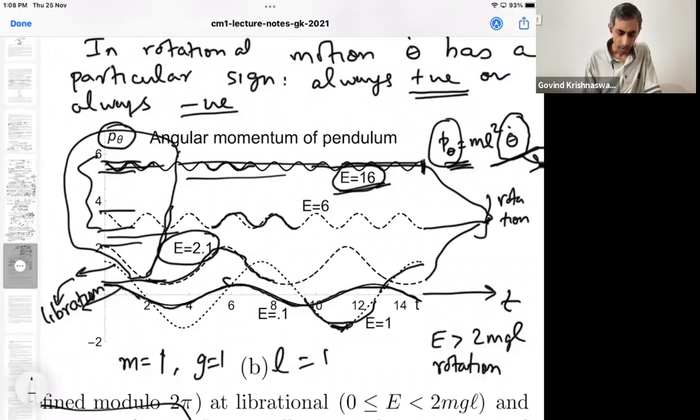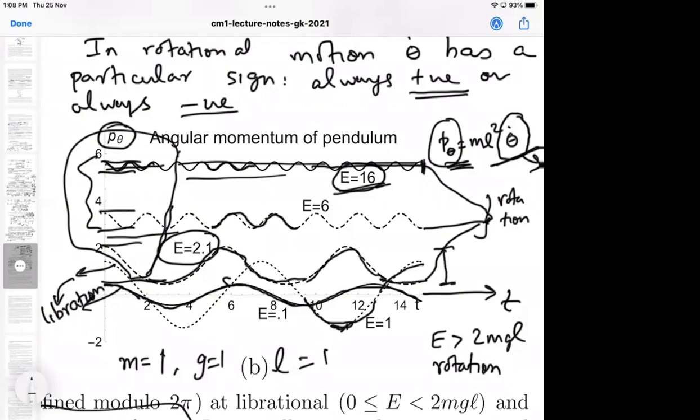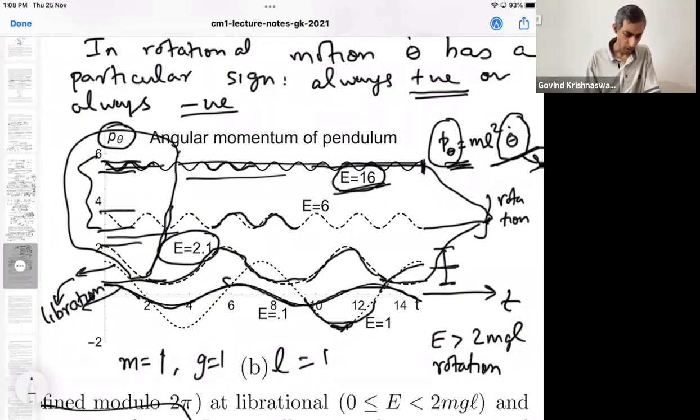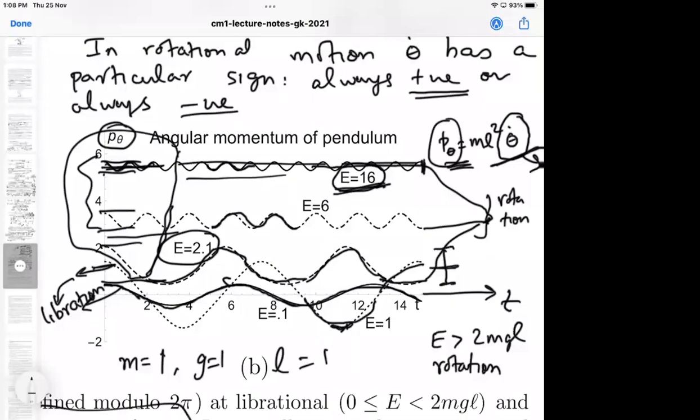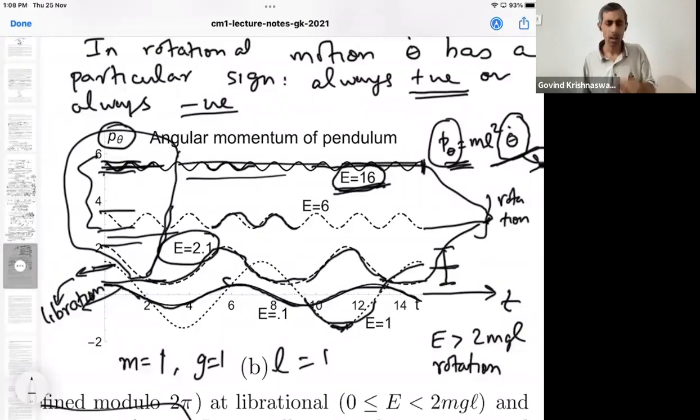So look at this graph. Here, the oscillations of P theta are fairly big, almost comparable to the mean value itself. The mean value was roughly 1 over here, and the fluctuations are also of order half or 1. Whereas up here, at energy 16, the mean value is around 5. The fluctuations are less than 0.5, maybe even a quarter. So if you like, the RMS deviation is very small, so we can treat it as an approximately constant quantity. Does that make sense? Okay, good question. Any other question?